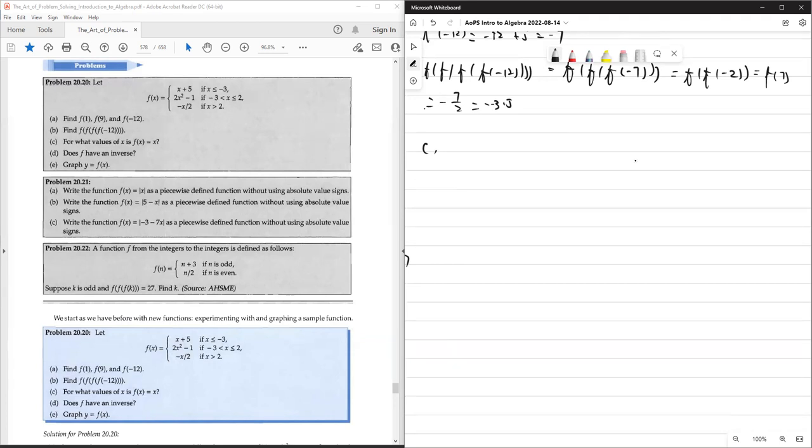Okay, so now the question comes up, for what value of x is f of x equals to x? So this is not a functional form, what I'm saying over here. It's like you're looking for a particular number when f of x equals to itself. Okay, so in order to solve that,